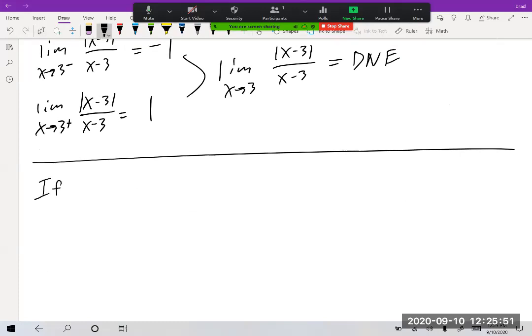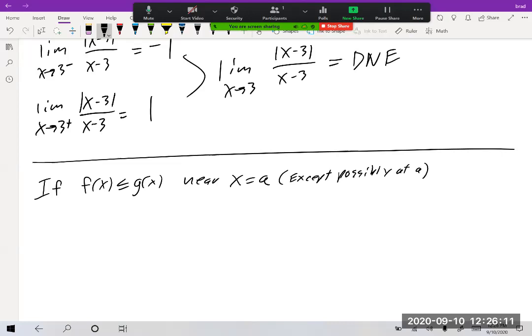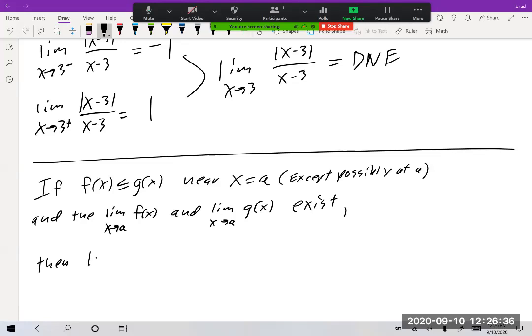So if f of x is less than or equal to g of x near x equals a, except possibly at a, and the limit as x approaches a of f of x and the limit as x approaches a of g of x exist, meaning they're not DNE or infinity in this case, then the limit as x approaches a of f of x is less than or equal to the limit as x approaches a of